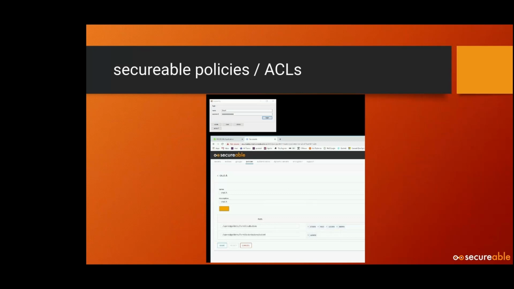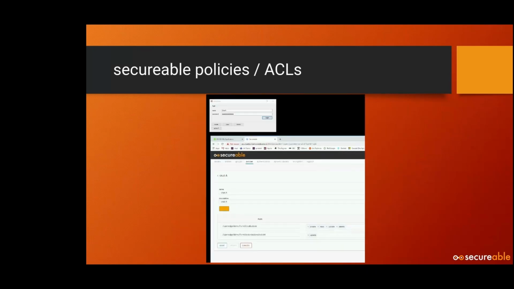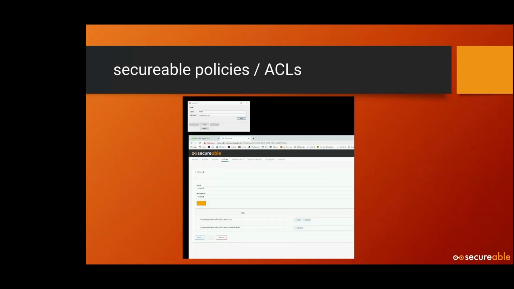With ACLs here, you might not be able to see the screen so easily, but user A has a certain amount of features. You can see the path and the features they've got. And user B, you can see his buttons are slightly different. They've got different paths.